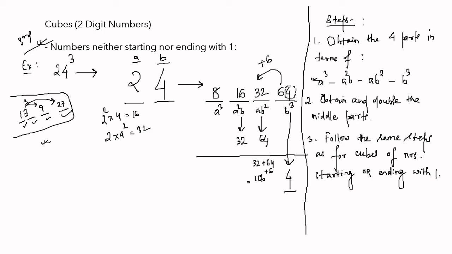But remember, this is a one step blank process. So out of 106, only 6 will be placed here. The remaining, the 10 of 106, will go as a carryover. Again, what is the next step? Next step is 16 plus 32. So 16 plus 32 plus 10 as a carryover, right? I'll just separate this. 10 was the carryover. Now 16 plus 32 will give you 48. 48 plus 10 of carryover will give you 58. Out of 58, there is a single step blank process, so only 8 will come and this 5 will again go as a carryover.